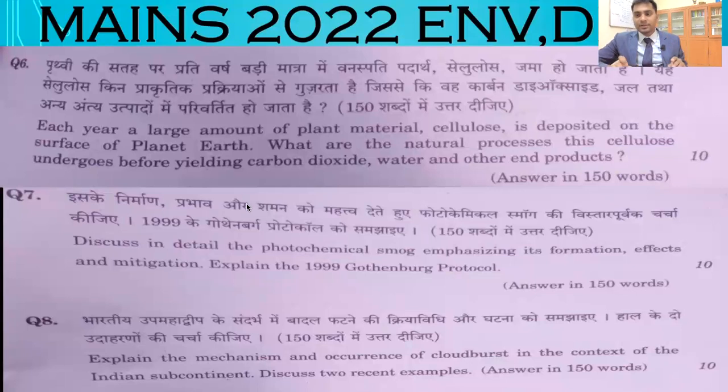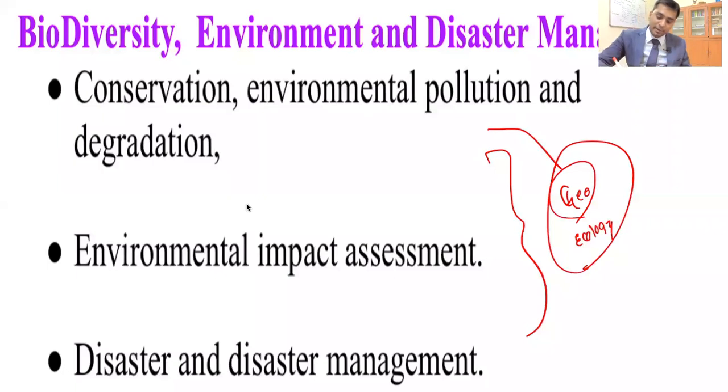There were 3 10-markers here and 2 15-markers here. Now there are 7 questions from science and technology and environment. Actually this has to be 6, but in the economy they asked only 9 questions. As a result, 1 question was added here. Now environment got the advantage. 5 questions from environment, no one has expected this.